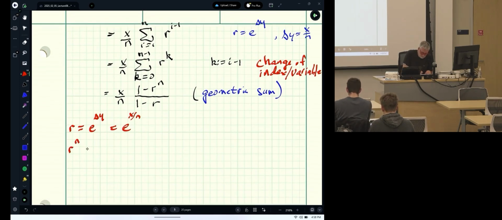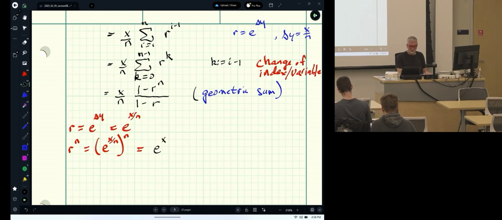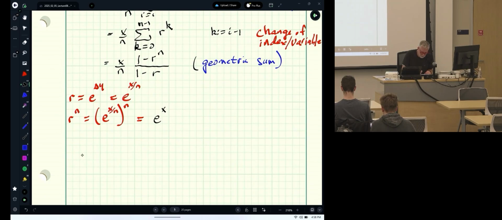And then this is important: r to the n is e to the x over n raised to power n. And what does that give me? E to the x, okay? So this all simplifies down. And so we get